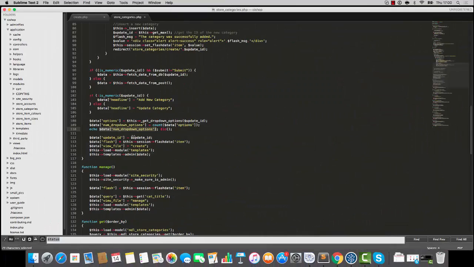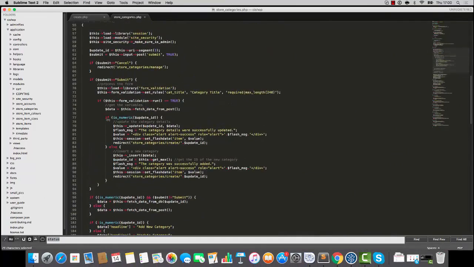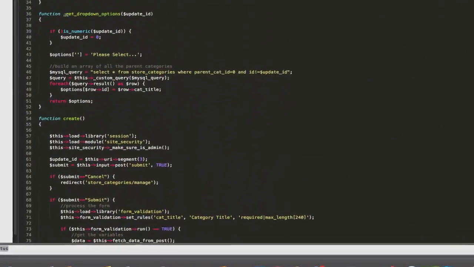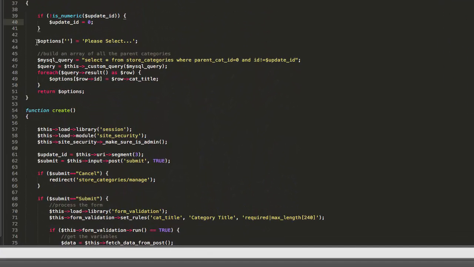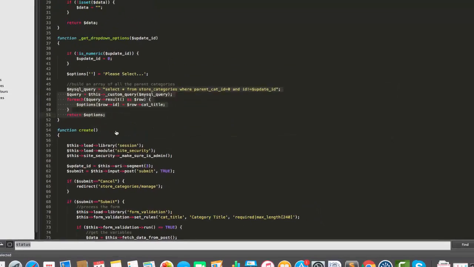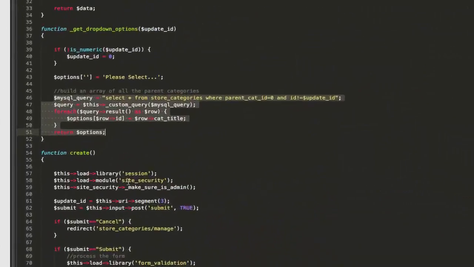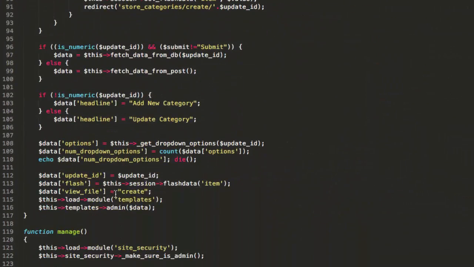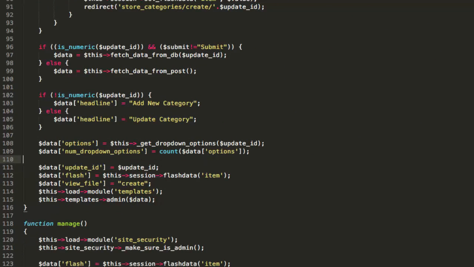The reason why it's giving us 1 is because when it's building up these options here, we have this option, right? So that's 1, and then it's doing the query, but there's nothing there so far, so that's empty, and that is why we only have 1 option. So what I'm going to do is we're going to take this out here and space up,